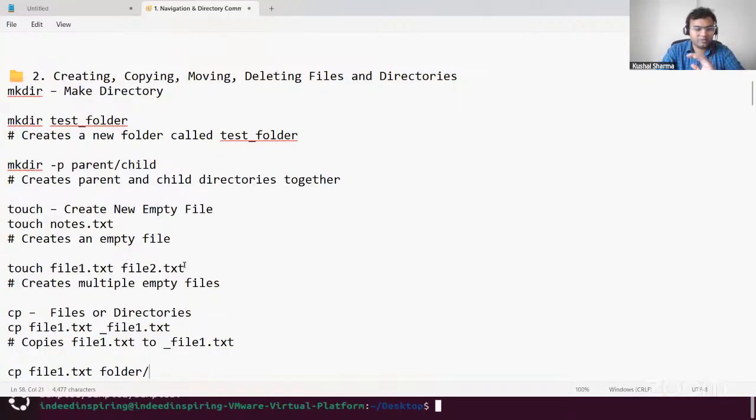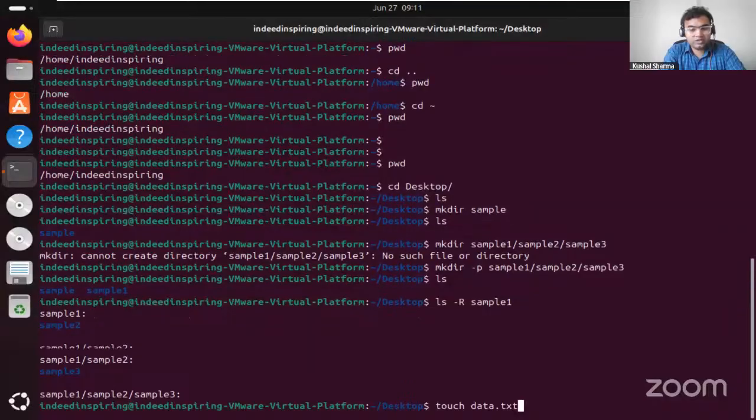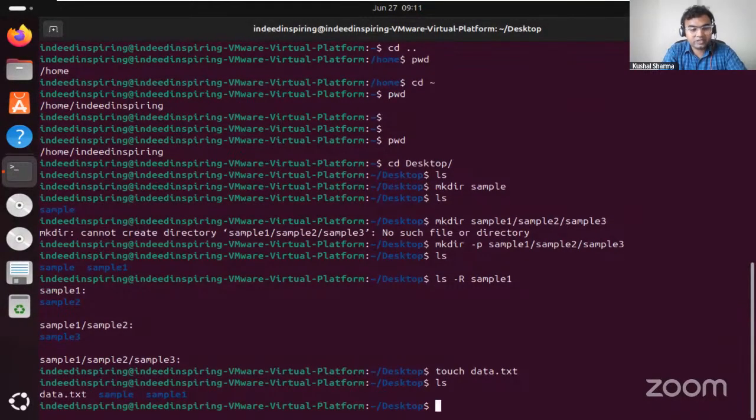So here let us try to do this. touch data.txt, ls, and you can see that data.txt is created. And if I do touch data1.txt data2.txt,